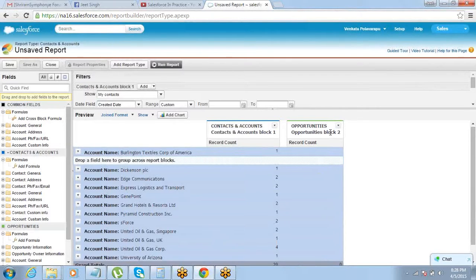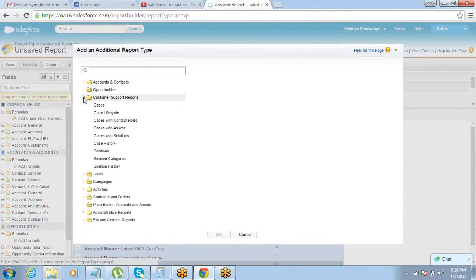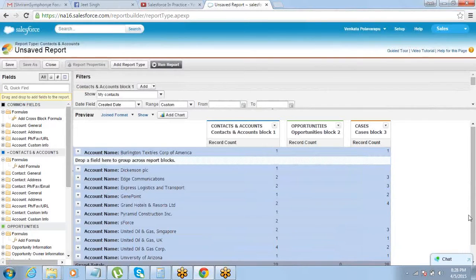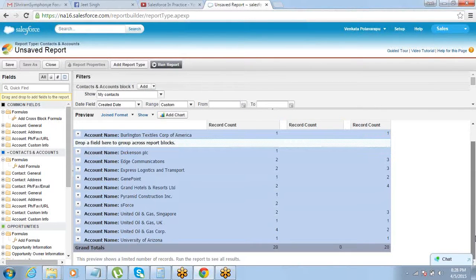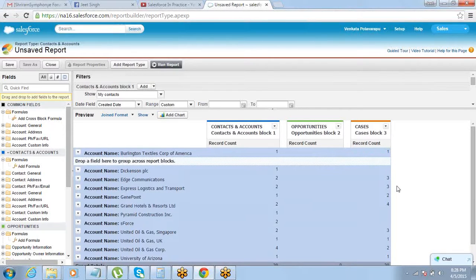See, a second block got created for the opportunities report type, right? You can bring in one more report type for cases. See? So now I have 3 blocks. This way you can have a maximum of 5 blocks here. And you can bring in different report types here.